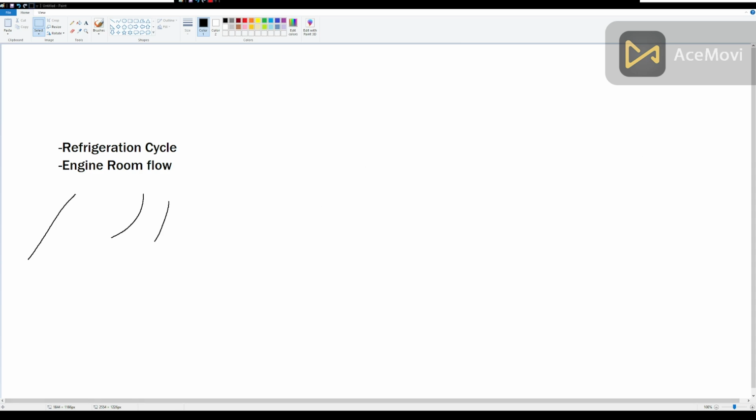Now, though, we are going to move on and we're going to talk about engine rooms. Hopefully at this point you understand that you have an evaporative coil with cold liquid in it. This liquid is boiling at a temperature that you're controlling. The temperature is not rising because all that heat energy is going into boiling the liquid. That gas that you've boiled the liquid into is getting compressed to raise its temperature so that you now have a way to reject that heat. And then once all of that hot gas has coalesced back into a liquid, you are allowing the pressure to drop. You are allowing flash gas to occur, which is just an industry term for very fast boiling, because that